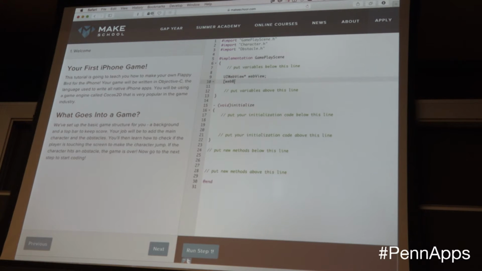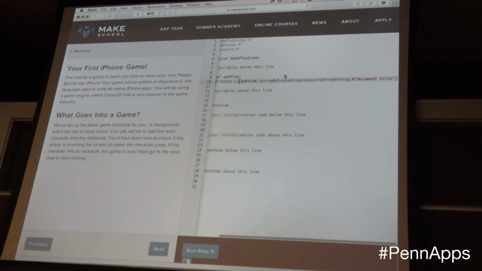So you say web view string by evaluating JavaScript from string. Now, that is a crazy sounding method, but if you did this, NSString title equals this, if you did this right here,